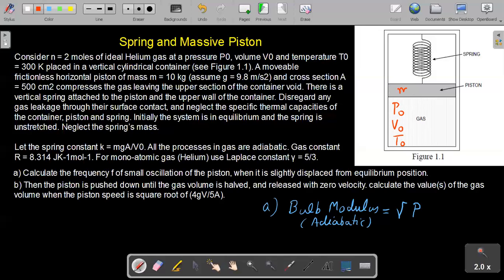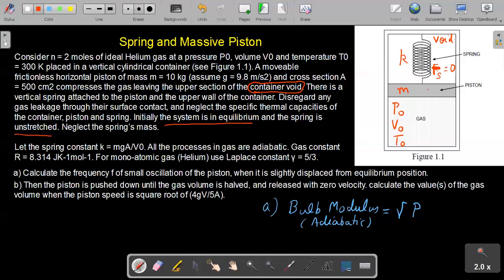This piston has mass m, right? Spring has a spring constant K for our question. And it is given that the container is void. This statement means there is no gas in the upper portion of cylinder. That is the void part. Also, it is given that the initial moment, the spring is unstressed. There is no deformation in this spring, which means no force by the spring.